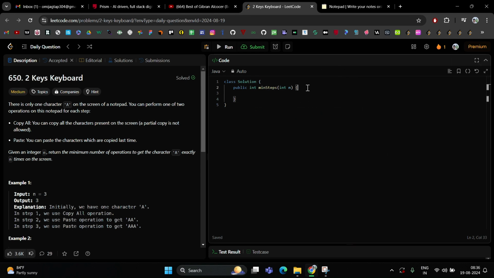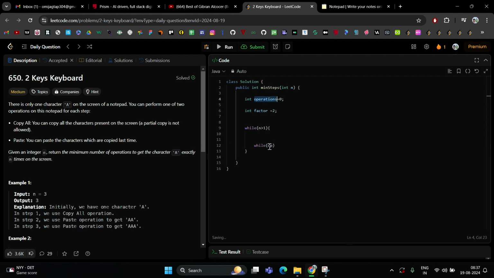Let's try to figure it out by coding. So we are adding operations, and we simply need to return operations, which is 0 by default. We are taking an int factor equal to 0. So now we'll simply run a loop saying that until n is greater than or equal to 1, the code will run. Inside that we'll again run a while loop saying that until the operations,